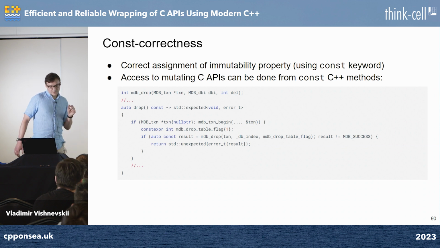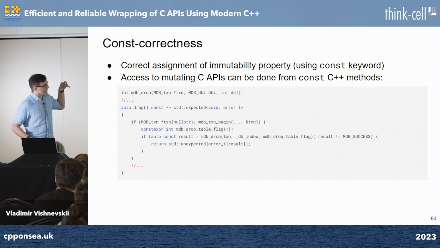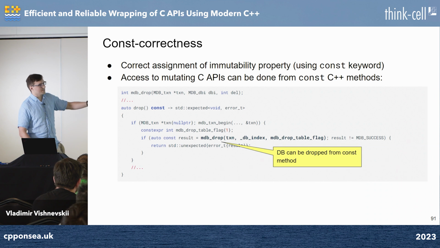One more important thing. Our C++ repo code can, from the const-qualified methods, call the mutating API functions. So for example, here we are just calling LMDB drop that deletes the database, despite the fact that drop is const. Why? Because we copy the values of the parameters. The DB index is actually just an integer, and the transaction we just created here